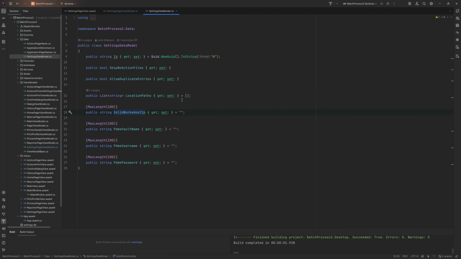We need to do the SolidWorks host IP. I'm going to rename that because we want really SolidWorks host, not IP. It could be a DNS, it could be a name, it could be an IP. It's not just necessarily an IP, so we'll rename that. One thing we'll do then is also delete the database because we've changed it. So we just right click on here,